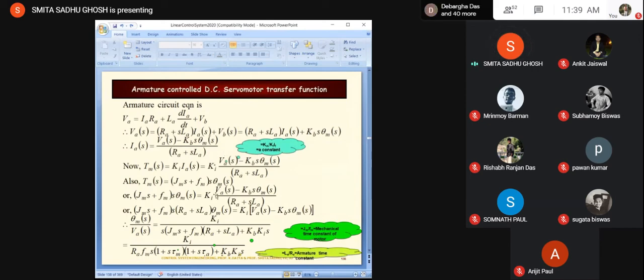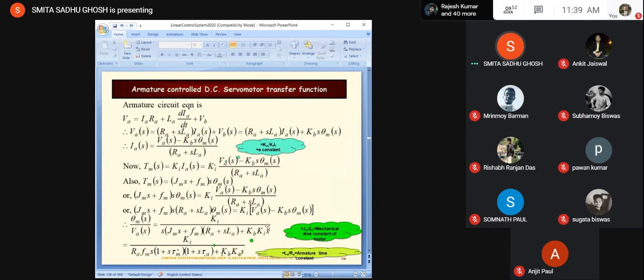So this one was there, and then we take terms containing theta m on one side and VA on the other side, etc. This is again brought to the left hand side, and when you arrange it and try to write it in terms of only theta m and VA, you will land up with this expression, that is theta m(s) by VA(s) is equal to Ki by s into (Jm s plus Fm) whole into (Ra plus s La) plus Kb